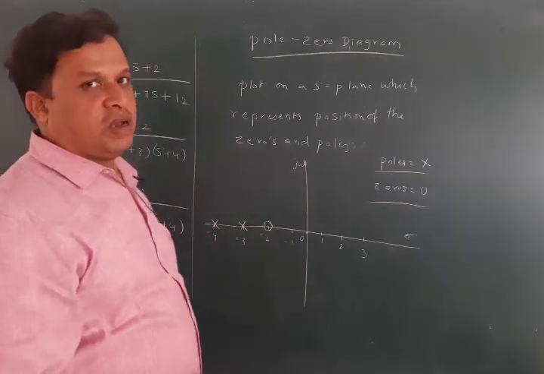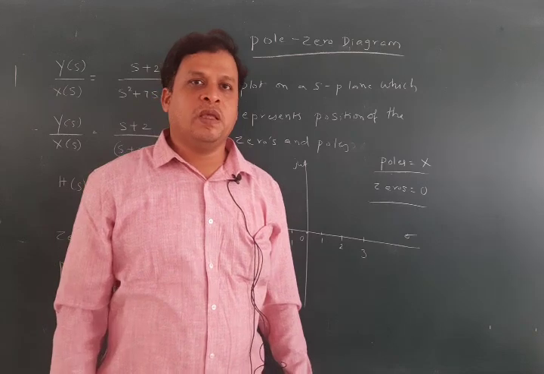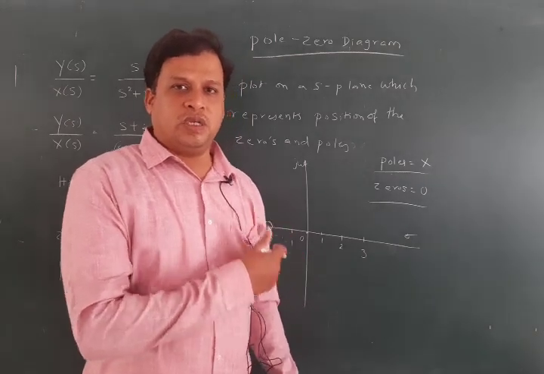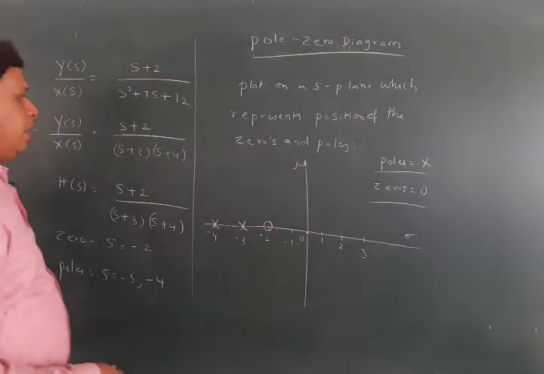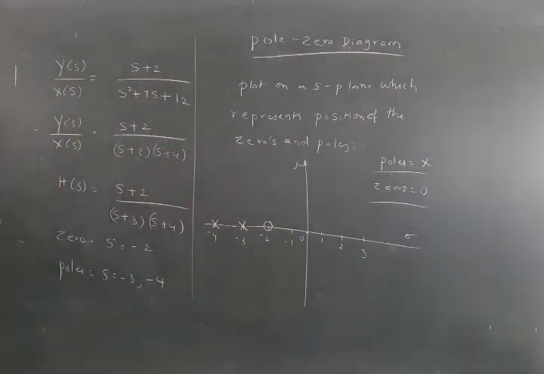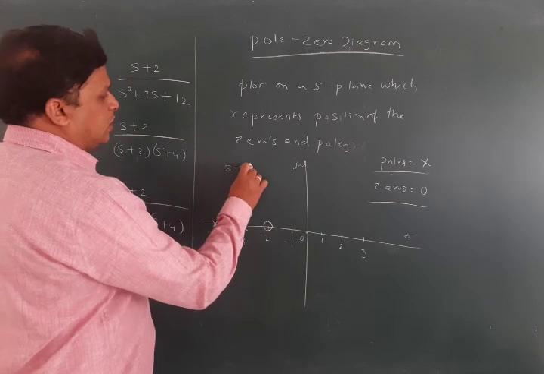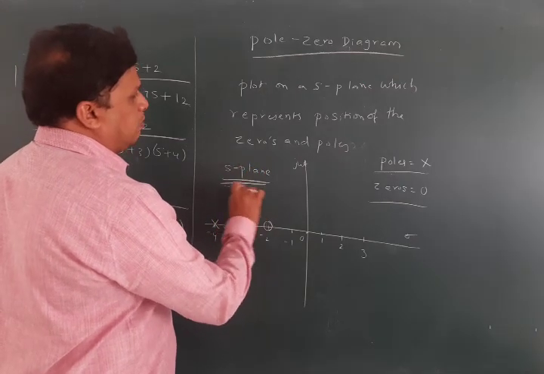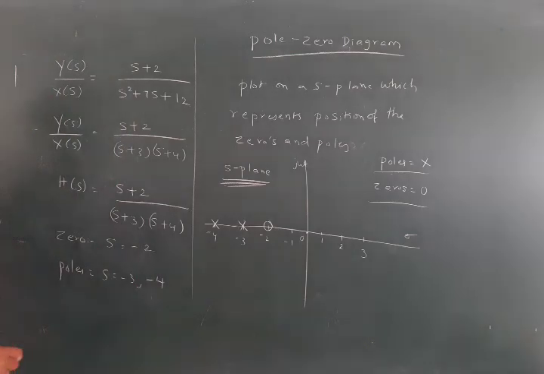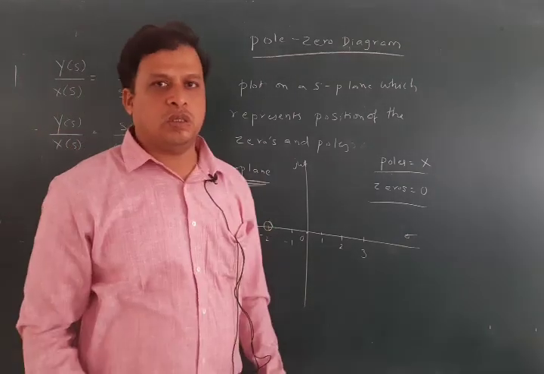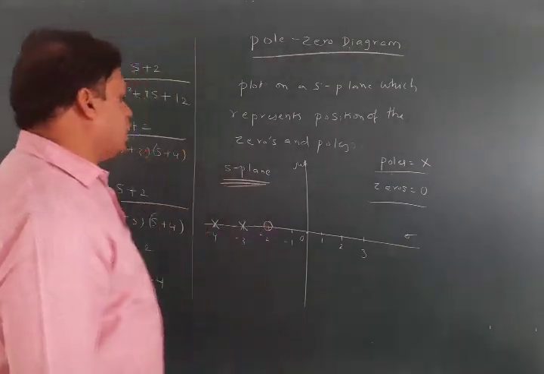From that equation we have seen how to plot the poles and zeros by getting a transfer function, and how to write those poles and zeros and draw them on the S-plane. Okay, this is about the particular poles and zeros. So this complete plane is called the S-plane, which has 4 quadrants. Now we will talk about the general form of this particular transfer function in zeros and poles. Now we will write the general form of the transfer function.